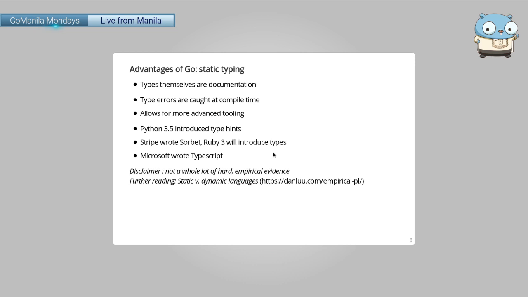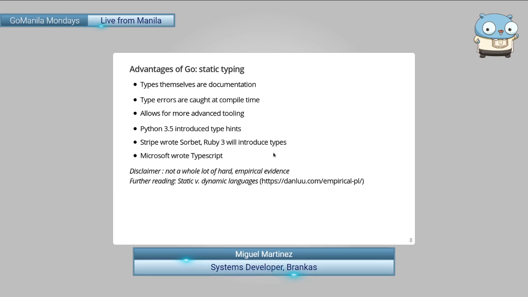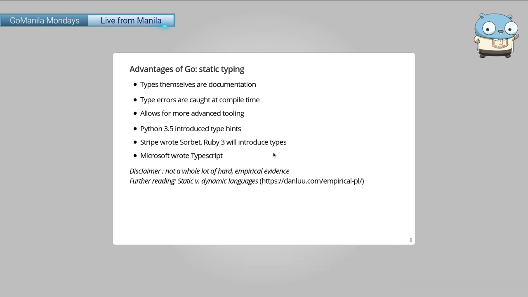Again, also mentioned by Johnny was static typing. There's not a whole lot of research that conclusively shows the benefits of static typing, so there's no hard empirical evidence. If you want to read, Dan Luu wrote a summary of some studies about the topic. But I personally believe that after a certain size, your code base should be in a statically typed language, or else it won't be maintainable. Type errors are caught at compile time instead of runtime.